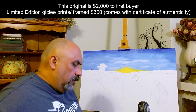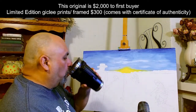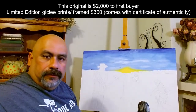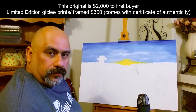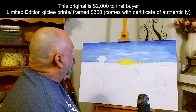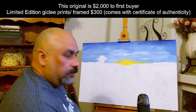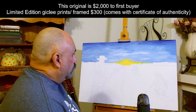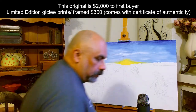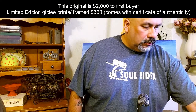Oh, I almost drank my water for brushes. Nice. Instead of my coffee. You can kind of see the shapes, can't you guys? Yeah? Okay, let's do some hills. I'm going to do a little bit of...